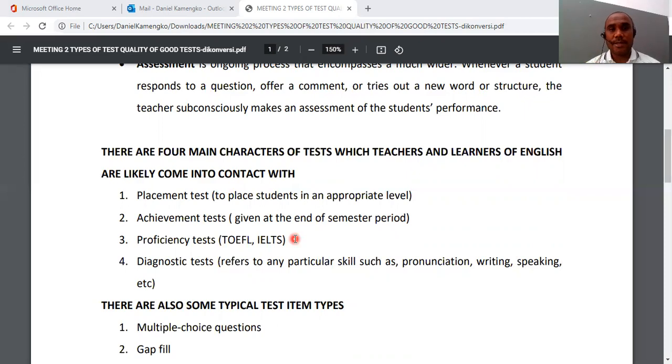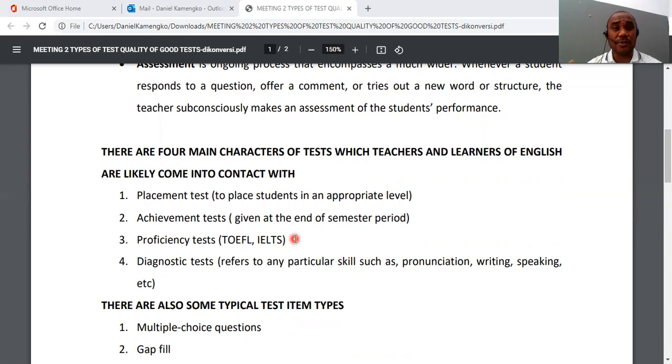And proficiency tests. A proficiency test is like the TOEFL or IELTS test. It's about how you see your proficiency in the level of English, for example.